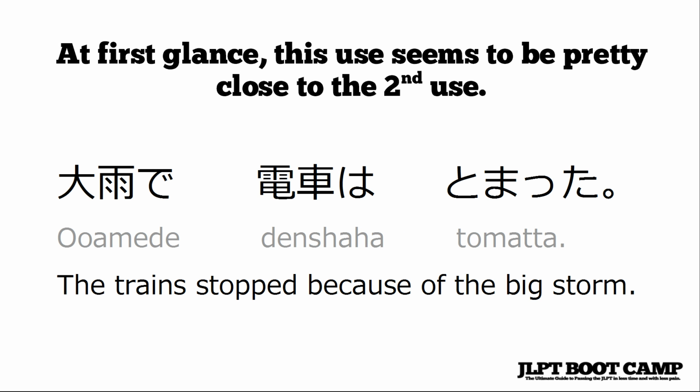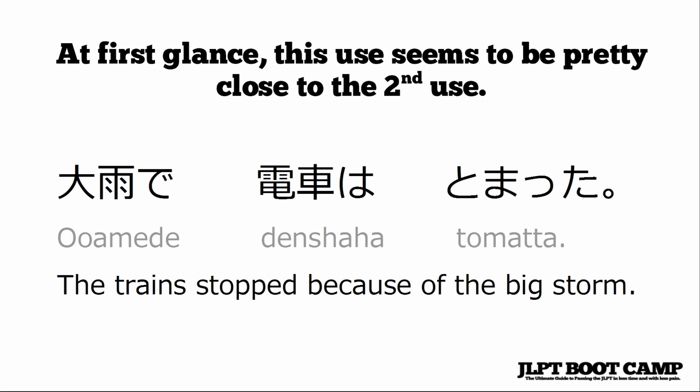At first glance, this use seems to be close to the second use, meaning with or by. It's very similar. So, for example, if you look at this sentence, "O ame de densha wa tomatta." The trains stopped because of the big storm. You could also translate this as with the big storm, the trains stopped, or by the big storm, the train stopped. That's not exactly correct English, but